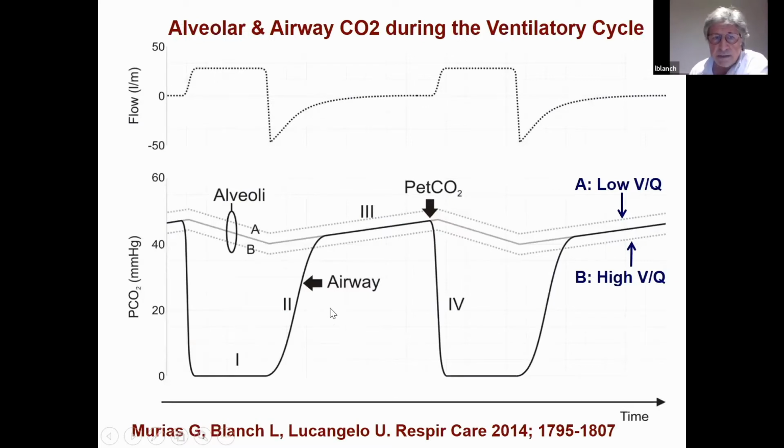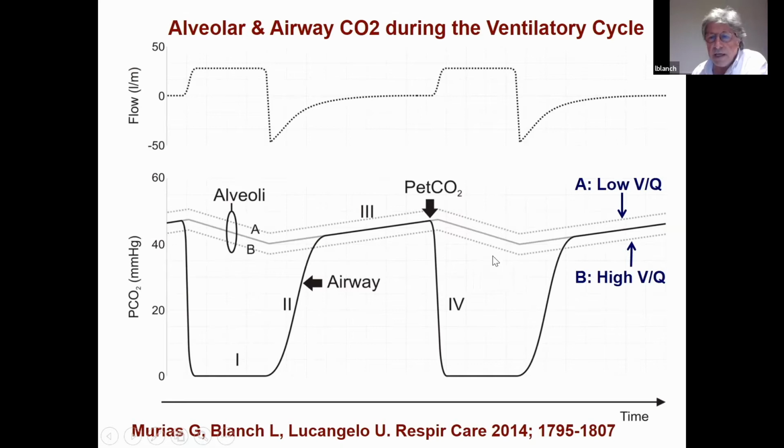If we go to the bedside and we have a tracing of flow, and in that case PCO2, with a capnograph, this is as a function of time. Any capnograph can give us this type of tracing. We must distinguish two waveforms. This is at the airway what the PCO2 is, and there are four phases well described. This is inspiration, this is the beginning of expiration, and then if it is normal, end-tidal CO2 is alveolar CO2, and the difference is maybe a couple or 3